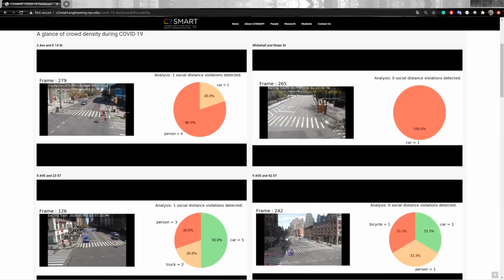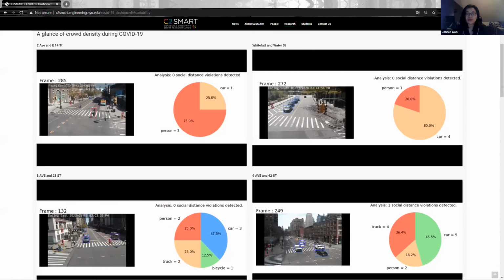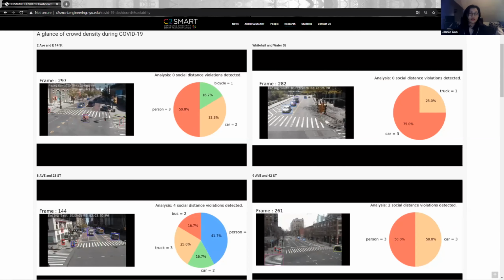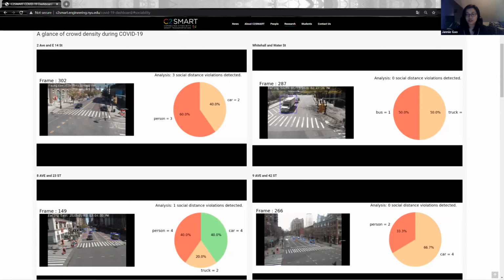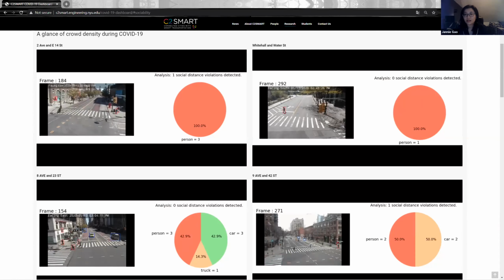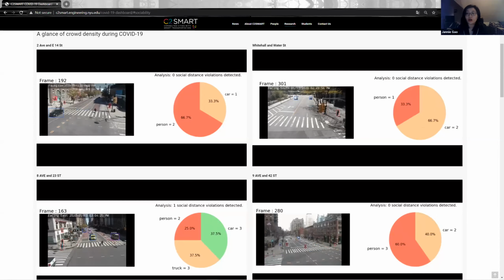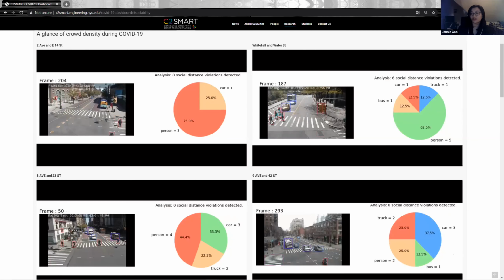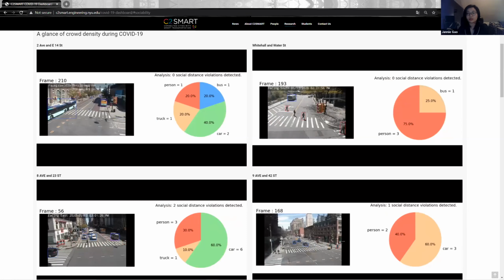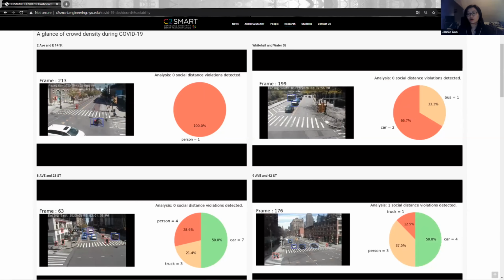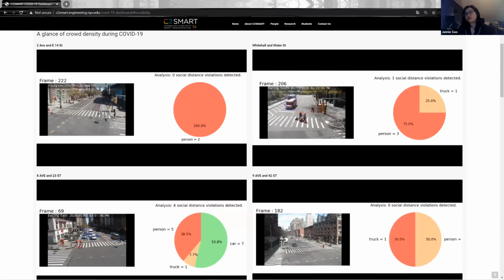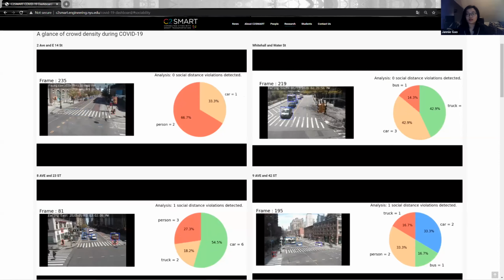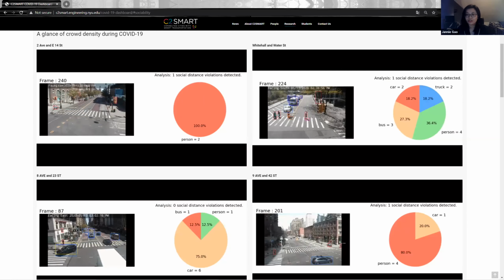Go for it. So we actually have a lot of ongoing work that we didn't really mention in the presentation, and there are a lot of things we're thinking of for expanding this work. First of all, the results that we're showing are based on some selected locations. Since the start of the pandemic, in March and April, we actually collected information from more than 100 locations. One thing we can do is expand to a large scale, covering not only specific locations in Manhattan or Brooklyn, but all 5 boroughs in New York City. We also have some information from other cities like Seattle that we can take a look at as well. This will give us a larger-scale, more reliable estimation of the density.